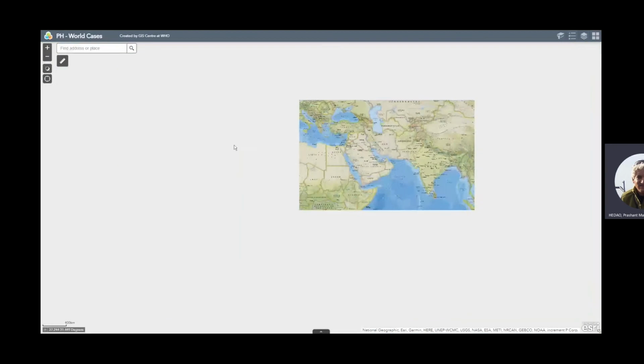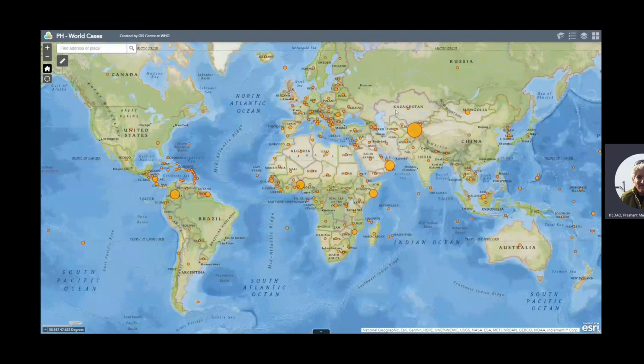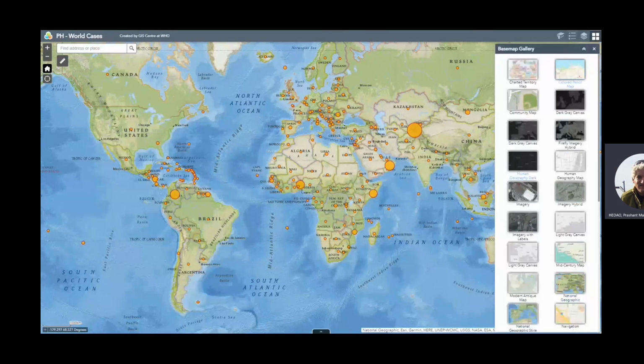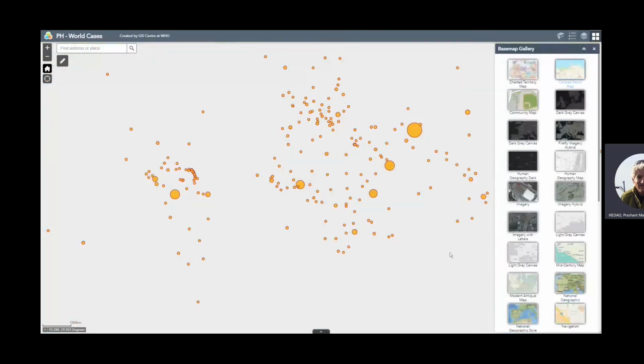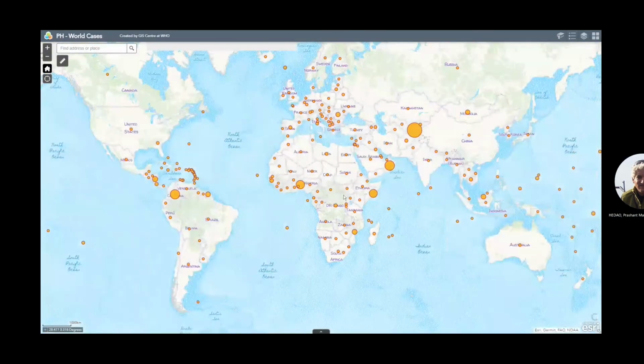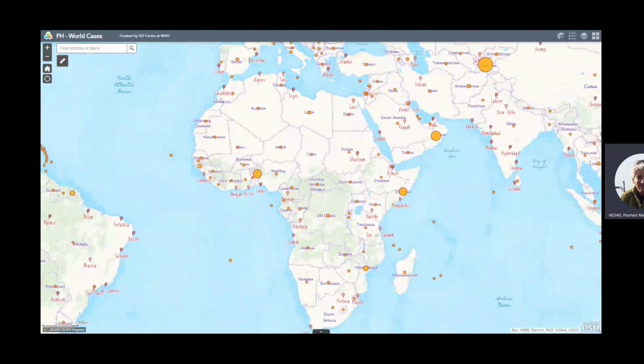I can change the base map. If this looks too busy, I can change it to some nice color pencil map. So this is how users will interact with it.